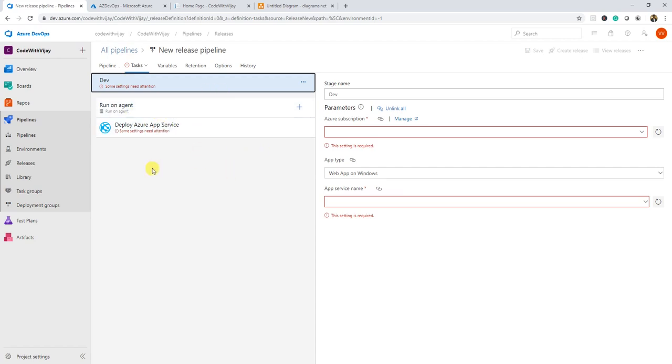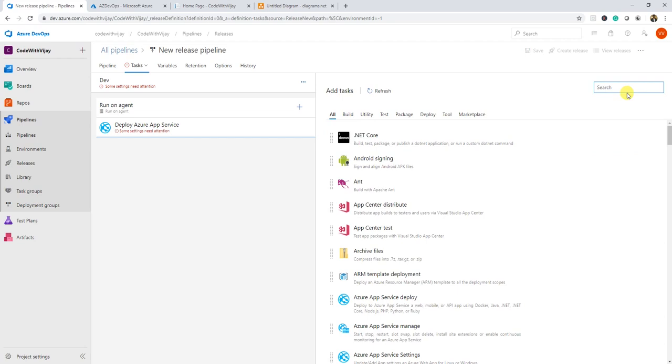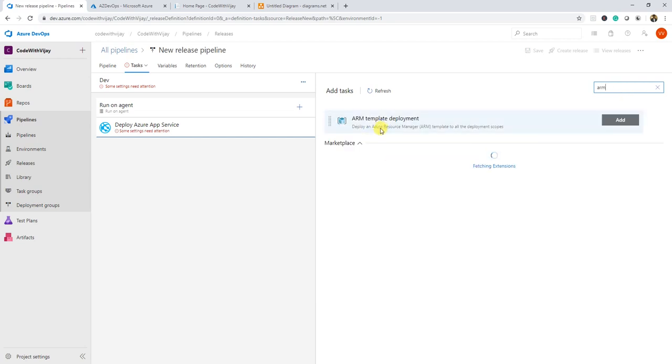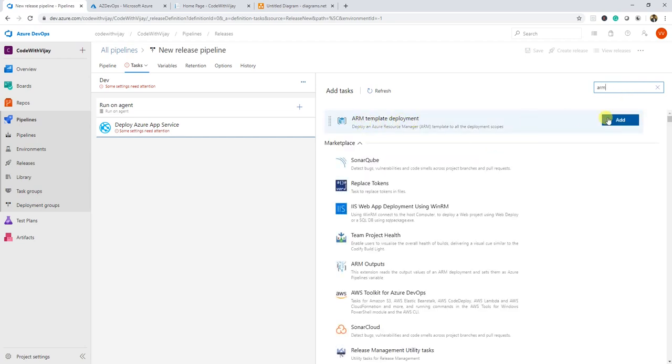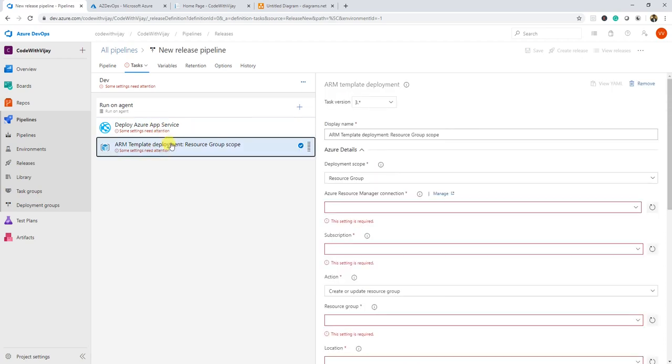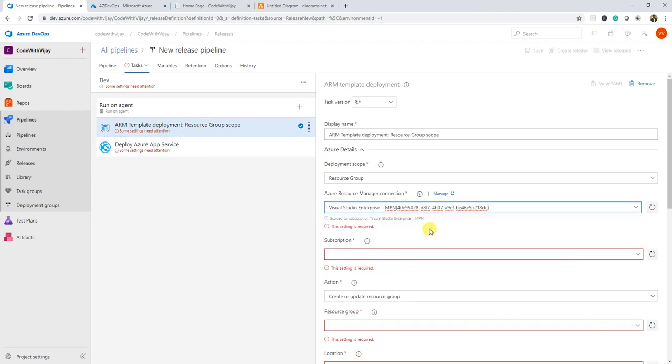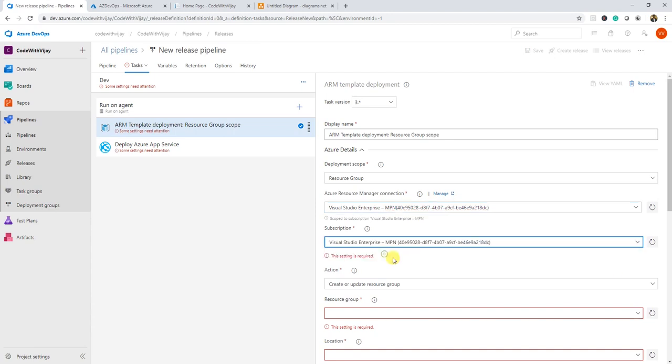Okay, and here the first thing we need to do is to create the infrastructure, basically to create the infrastructure from the ARM template we have now. Because of that, let me add a new task here, that is ARM template deployment. This will deploy the ARM template we have and will create the resource. So that is the task we want, and that should go before the deployment. So I have moved it to here, and here it needs a few pieces of information: the connection, the subscription, the